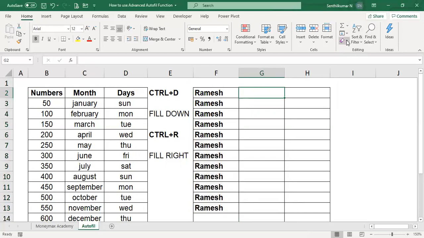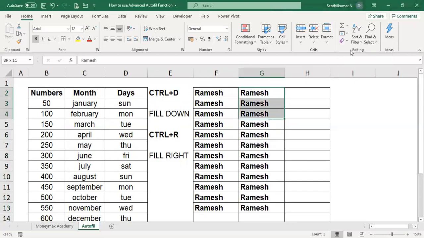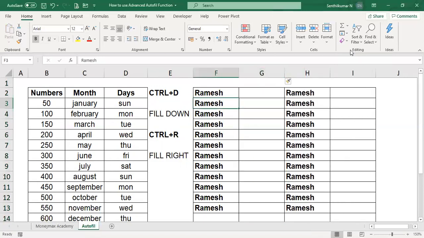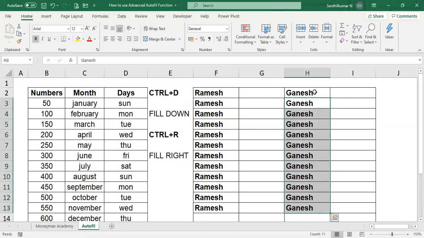If you want to use fill right, select the entire data and choose fill right. Suppose you have the data here. If you want, you can use right, or you can use left here. Suppose here the name is Ganesh. You want to fill the letters left.